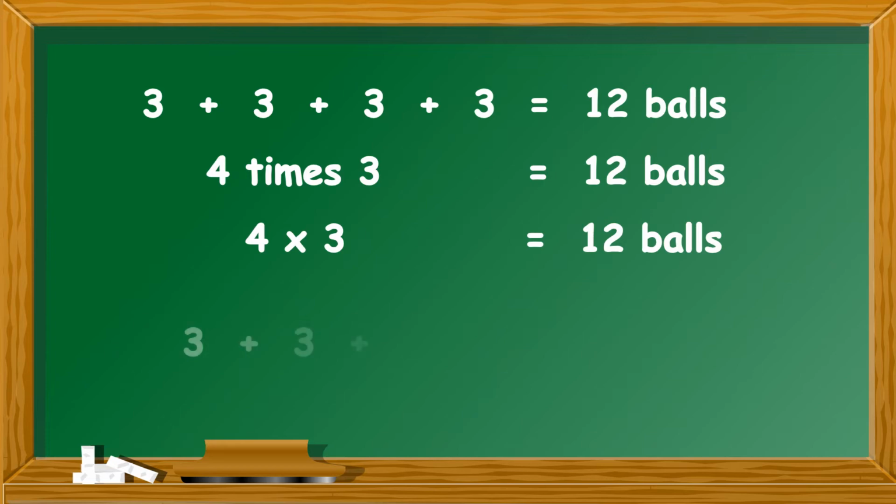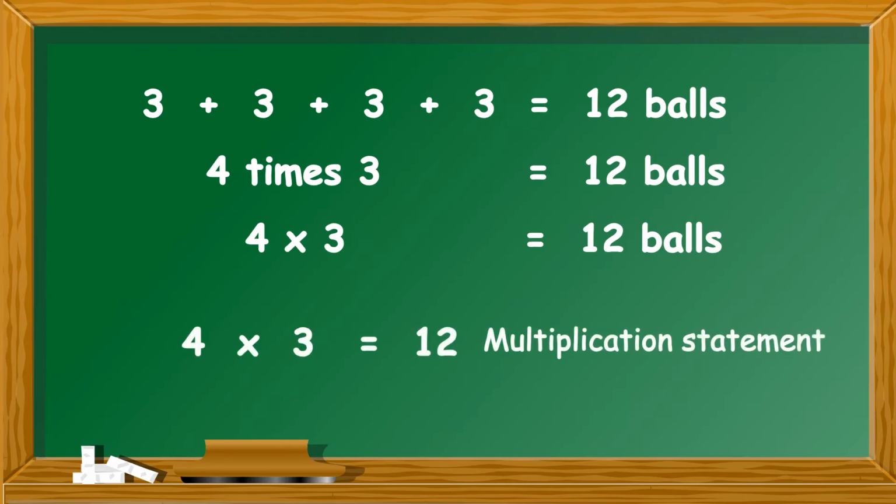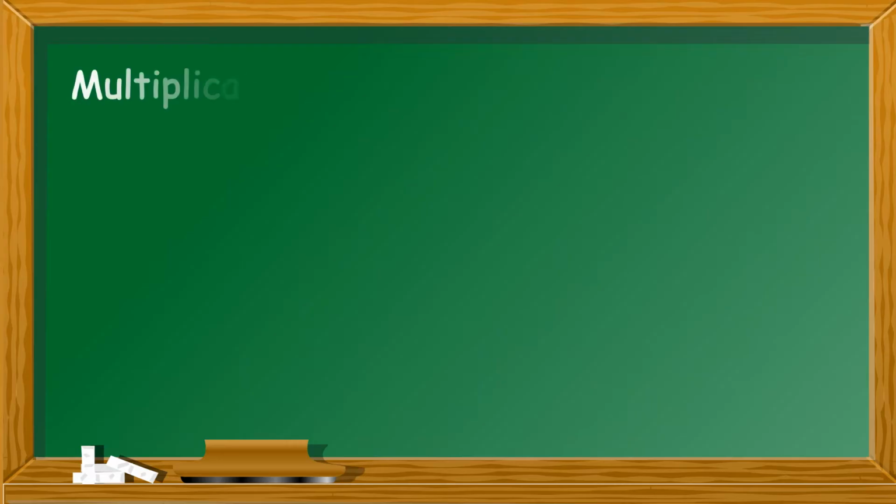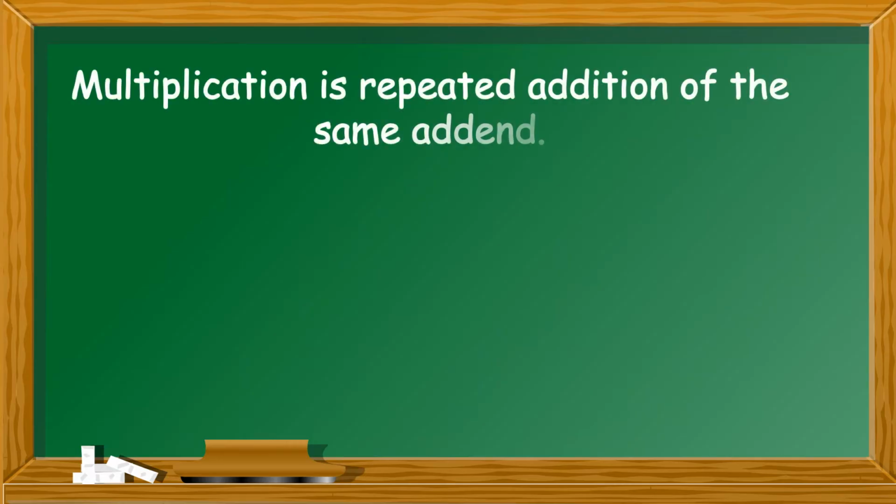Instead of 3 plus 3 plus 3 plus 3 is equal to 12, we have written 4 into 3 is equal to 12, and this is called a multiplication statement. Now that you have understood that multiplication is repeated addition of the same addend, let us solve a few examples to